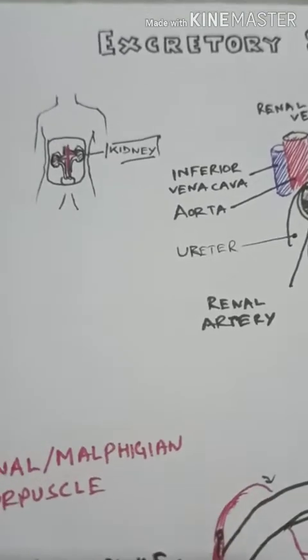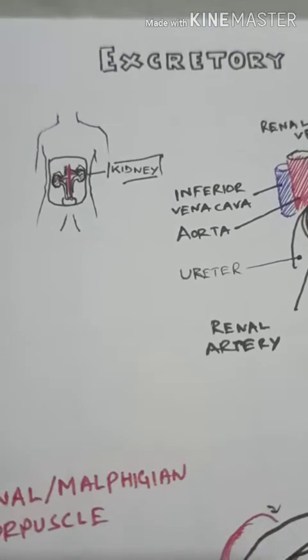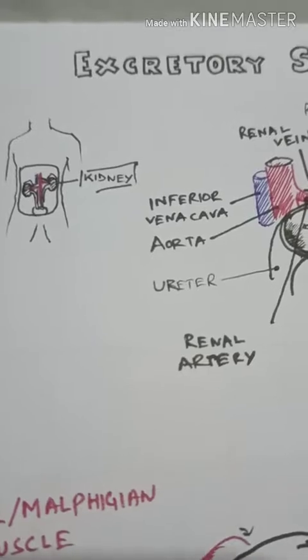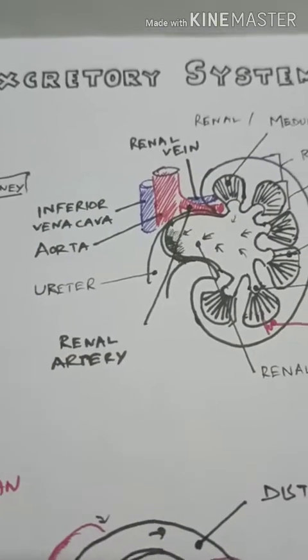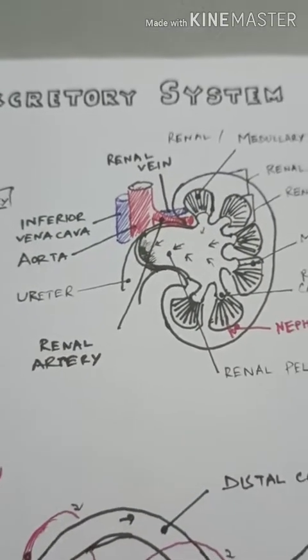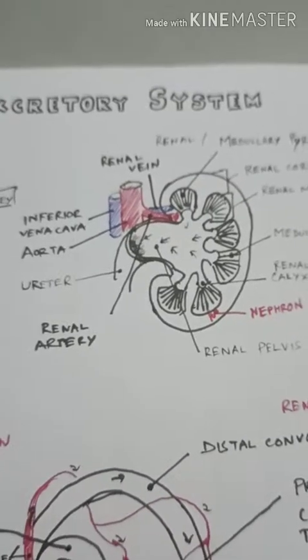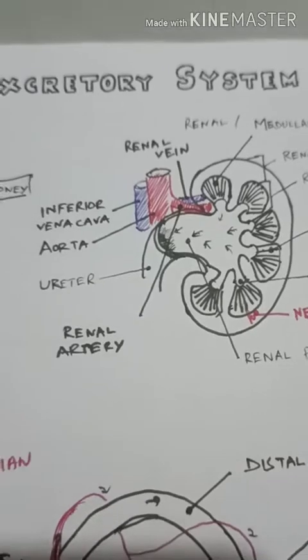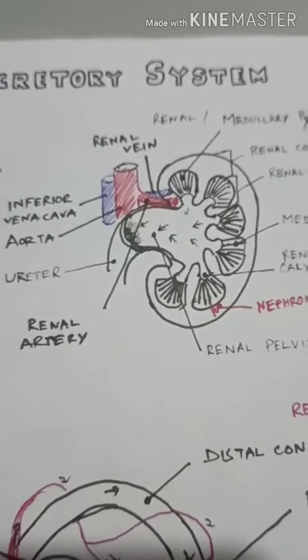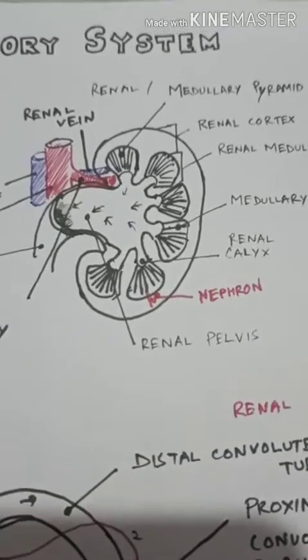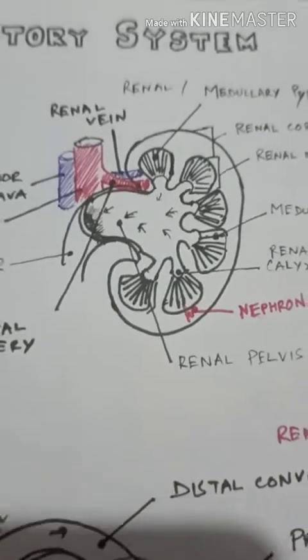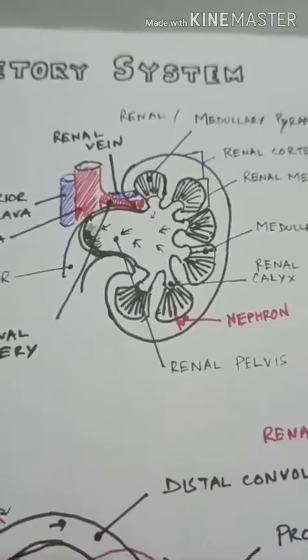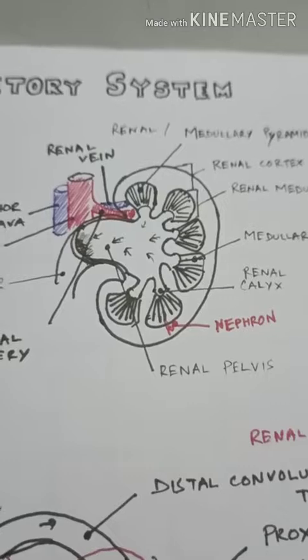Alright, so previous day we learned about the kidney, the different structures and forms of them that are present there. So the labeled diagram of the kidney we have done, and I expect you all have practiced it at home. The main purpose of this entire organ is maintaining the osmoregulation of the body, or to maintain the homeostatic balance.